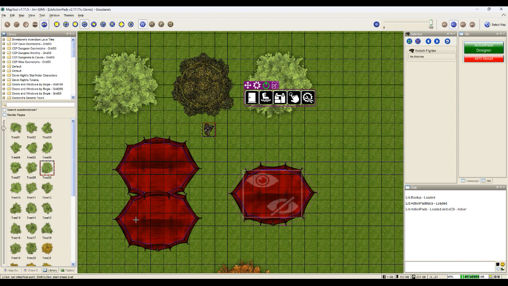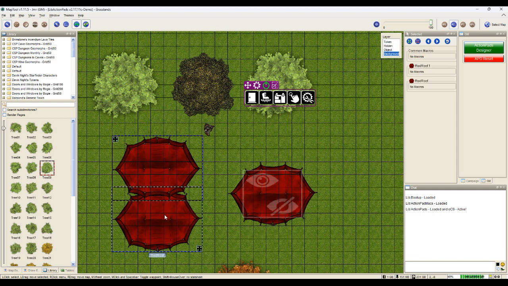I've got some vision and movement blocking down. In both of these examples, we're going to focus on this. At this time, I'm going to go to my background and select the 2 roofs that I want to be impacted by this. Once these 2 tokens are selected, I can go into my step-on and click my toggle pad. At that point, you'll see